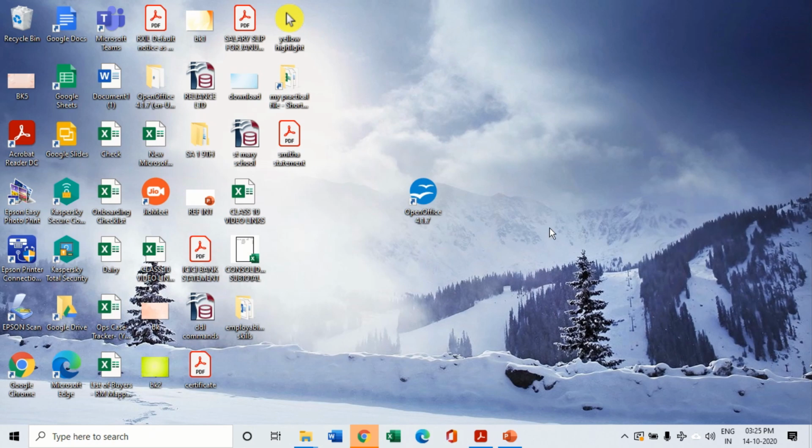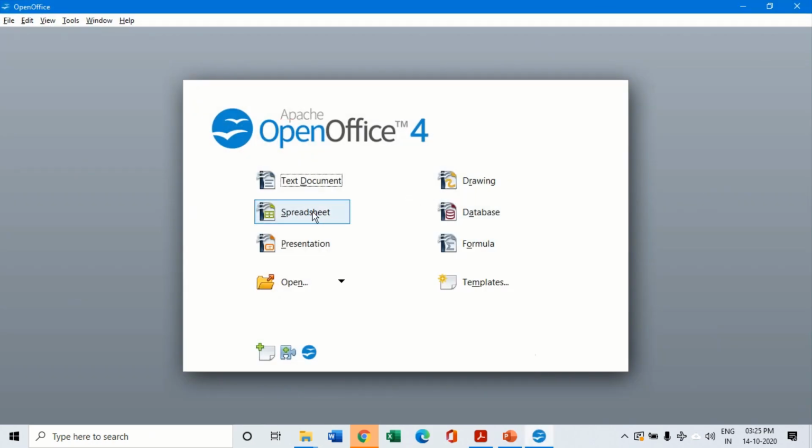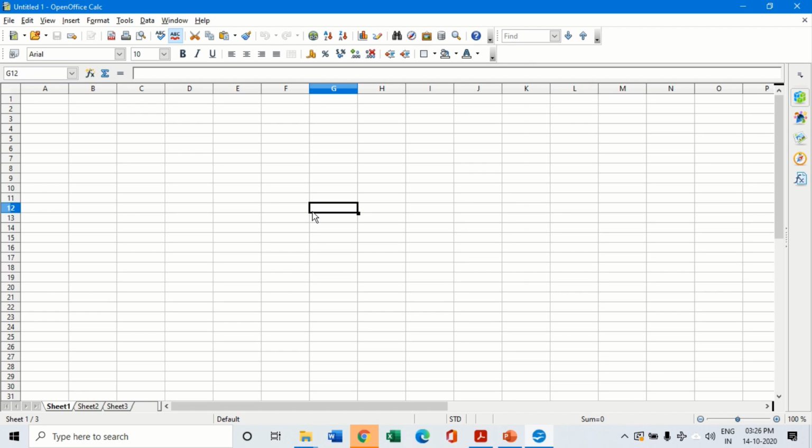Let us open the OpenOffice suite and open the spreadsheet option from there. Double click on the spreadsheet and a sheet similar to Excel opens up. It is called OpenOffice Calc. That is the name of the application, OpenOffice Calc.